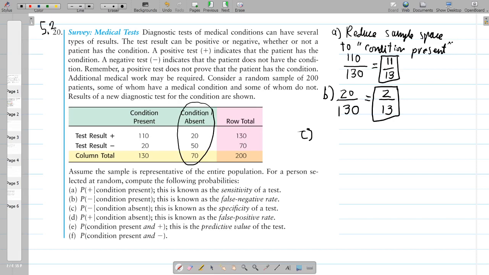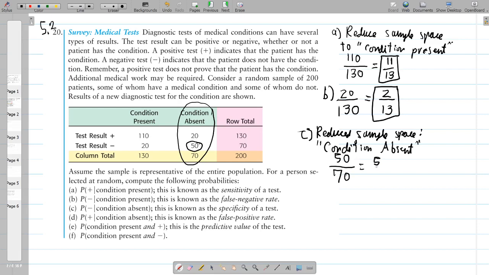So here we reduce our sample space to just the condition being absent. The total number of cases to consider is 70 here. And in C, the number of favorable is negative, and there are 50 negatives, so we get 50 over 70,